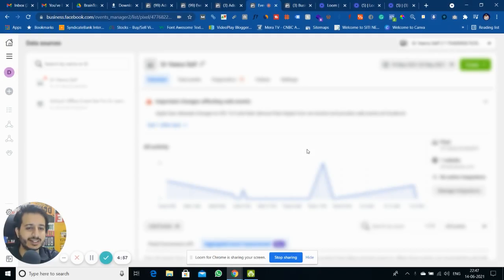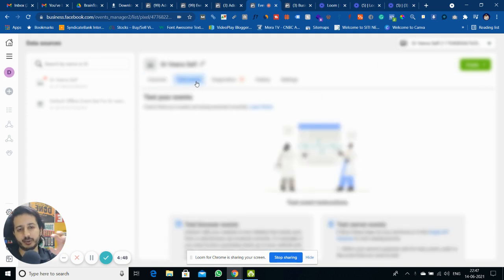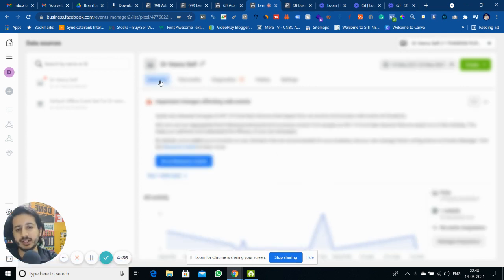Alright, so you can see I removed all the things which were coming in between, and now we can easily click on any option over here. I hope you can see the screen will be blurred, because you are in the backend using some hacks. Okay, so just click on that option. If you're an advertiser, you know where you have to go to add it into the events. All right, so just click on the first option, then you have to come down.